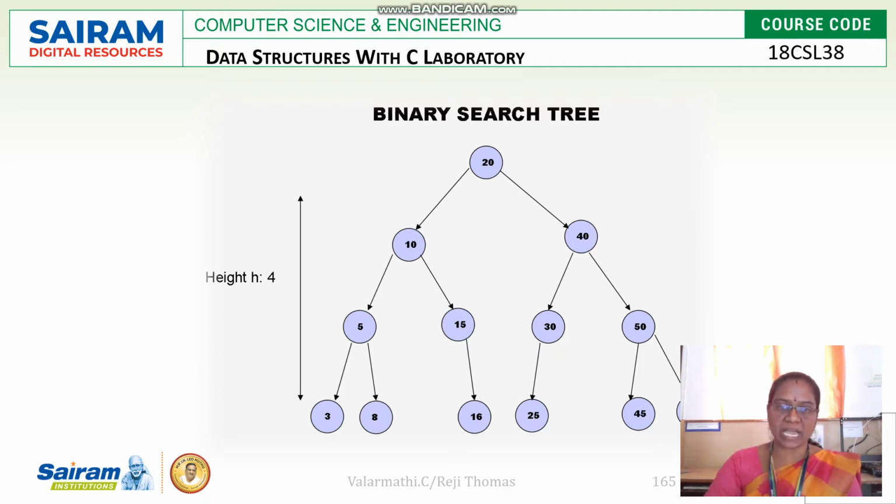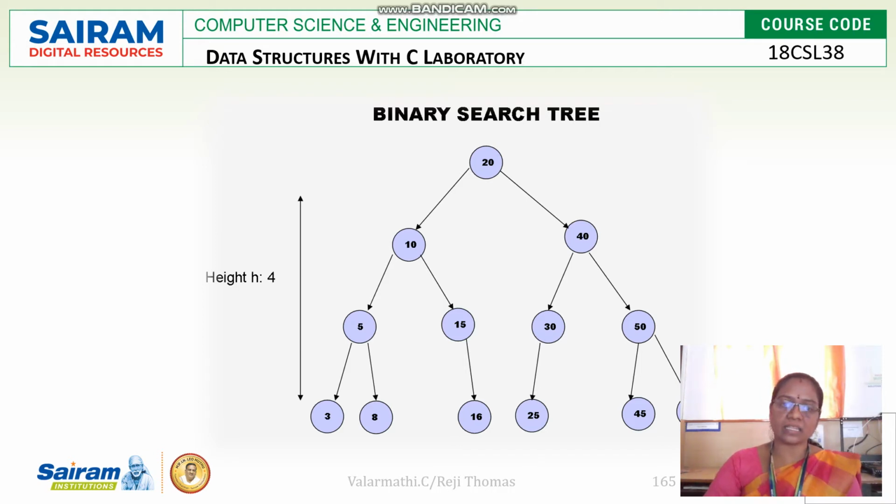How is the binary search tree formed? The left subchildren will always be lesser in value than the root node, and the right subchildren will be greater in value than the root node. Like that, the value of each node is compared and arranged either on the left side or the right side. So this is the way of forming the binary search tree. That is one difference between a normal binary tree and a binary search tree.